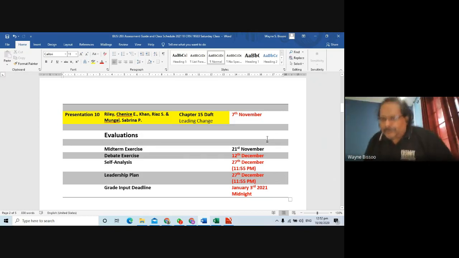That gives us a few sessions in which I can meet with the different teams. It doesn't necessarily have to be on a Saturday. It could be at a time that's mutually convenient for everybody, to meet and discuss their activities and what they're doing